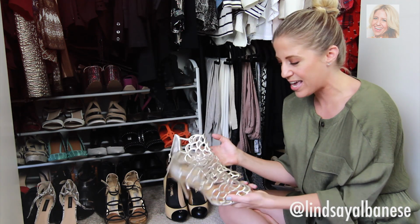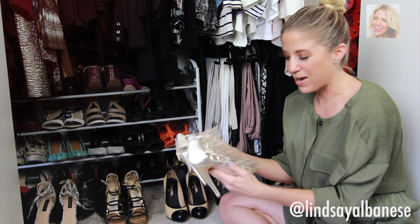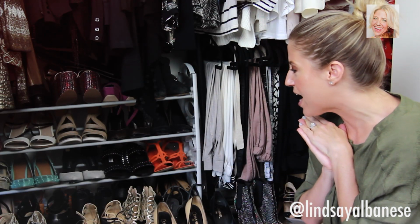I don't know why. I guess I just haven't worn much muted gold, shiny metallic gold. But I still love to look at them, and I love them right front and center so I can see them every day. Another coveted pair of shoes I have